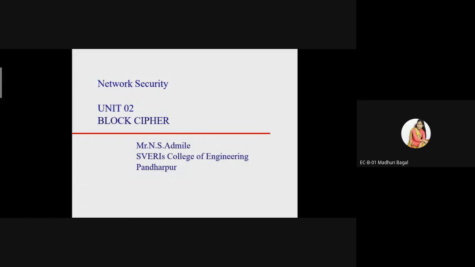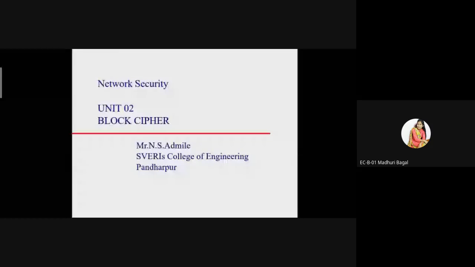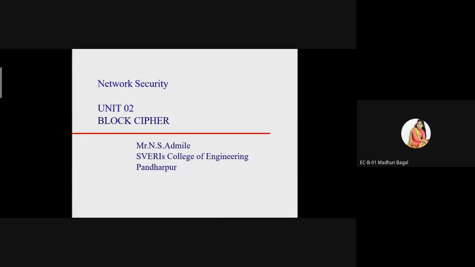So first one is the OSI security architecture. In the OSI security architecture, we study various security mechanisms and various security services. After that, we also study what kind of attacks are possible in network security. That might be an active attack or a passive attack, how an attack can be overcome, or what are the different types of attacks. That part was covered under the various types of attacks.